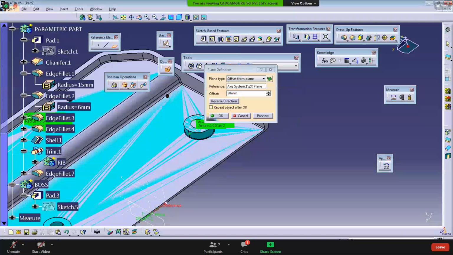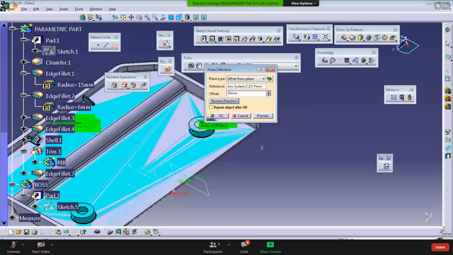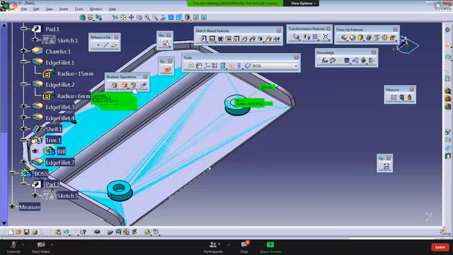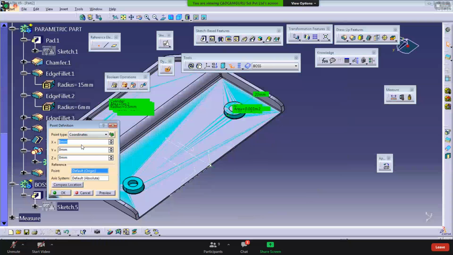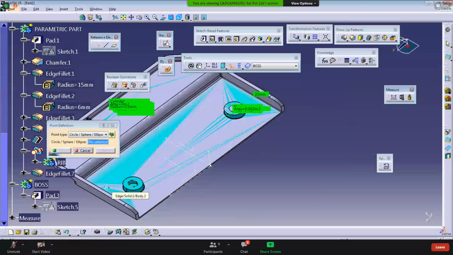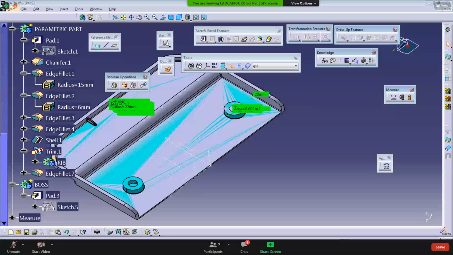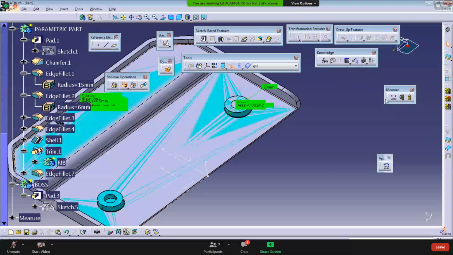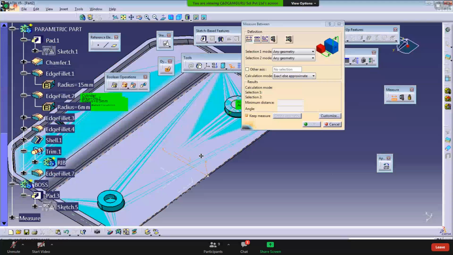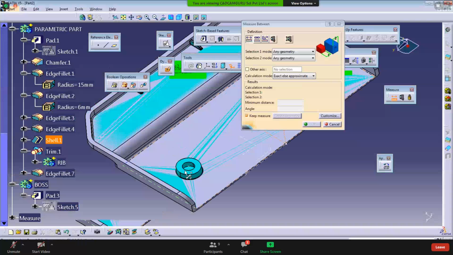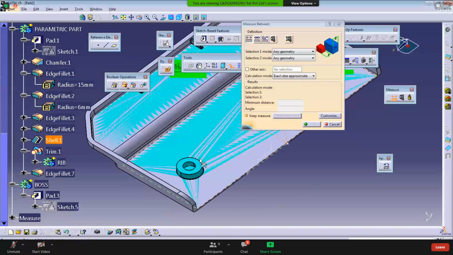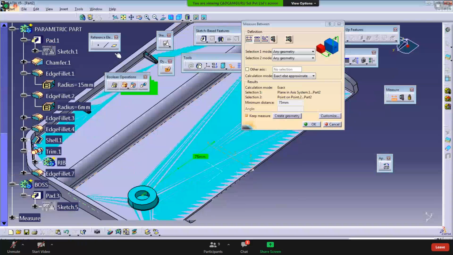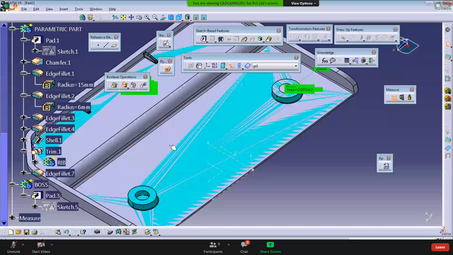That distance is not known. This distance we need to measure, and to measure the distance we need a point. We'll measure the distance first between this plane and this point. It is 75. So it means that at 75 mm distance,